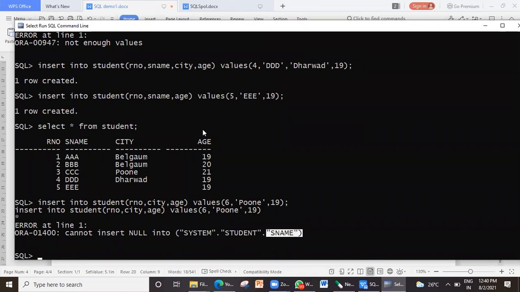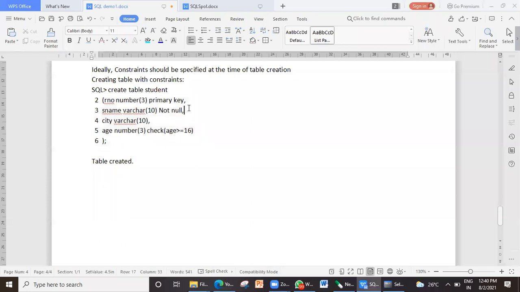When I tried to insert null values in the city, it was accepted, but for name, it is not accepting. Why is it so? Can you tell me the reason? Why is it not accepting for name? Because they have set it to not null. Yes, very good. Because I have given the constraint as not null. So this is how the not null constraint will work.